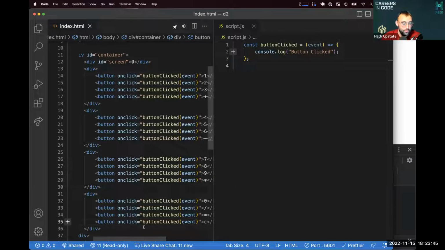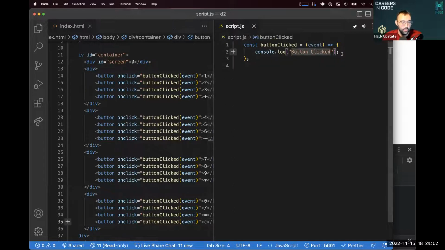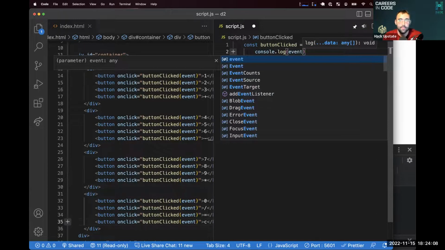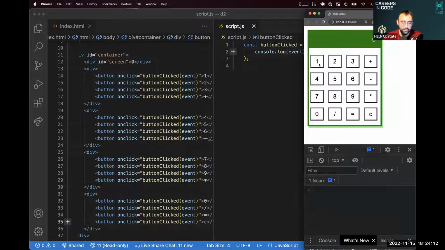But while we're doing that, the first thing we need to know in our button clicked is what button was clicked, right? We're going to do something differently if one is clicked than if two is clicked or multiply is clicked. So we need to handle that. So we are going to console.log our event, and our event has some information on it. So if I switch back over to the